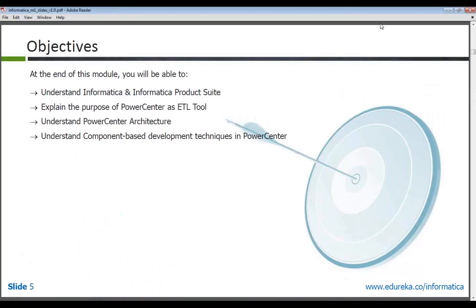So today and tomorrow's session is more on the theory side. What we'll do is cover the presentation which is available in module 1 and module 2. Apart from that, I have a couple more presentations that we'll be discussing. We'll be discussing different dimension models and